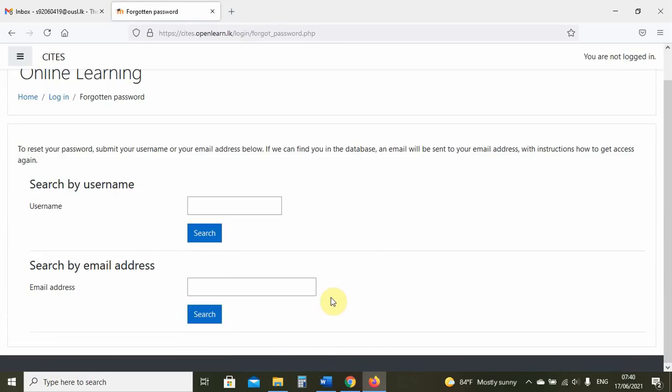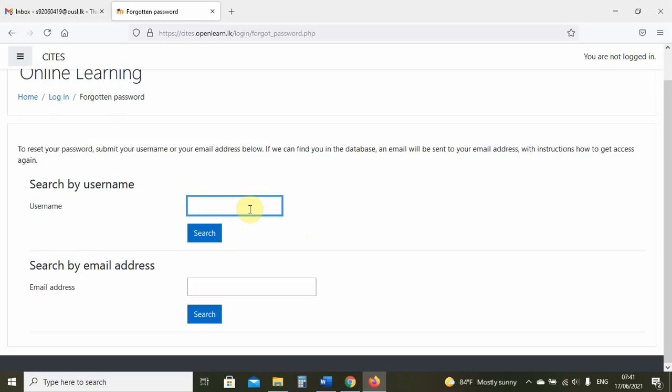Now, the email address that is associated with your LMS account is your official Open University Gmail address, not your personal Gmail address. So it is important first to activate that Gmail address before trying this password reset. If you ask for the reset, it will go to that account. If that account is not accessible to you, then you will not be able to reset. That is why the information was given to you at the beginning.